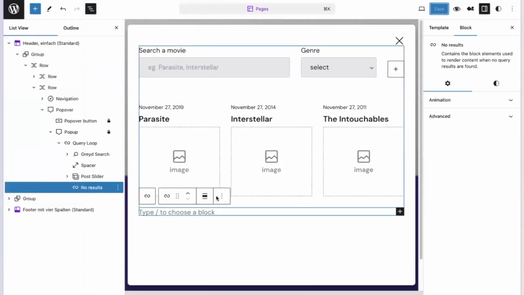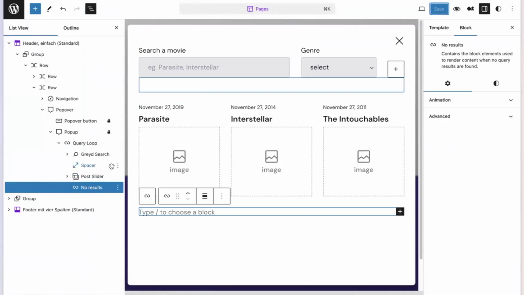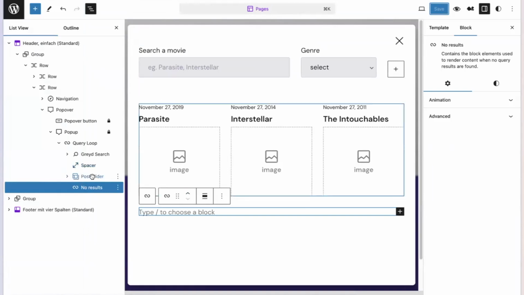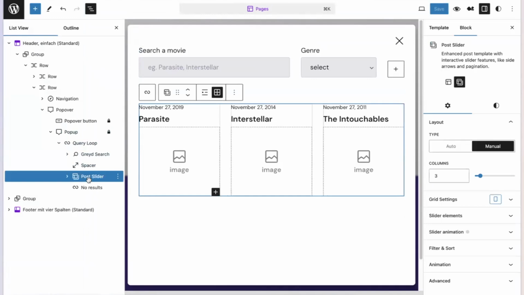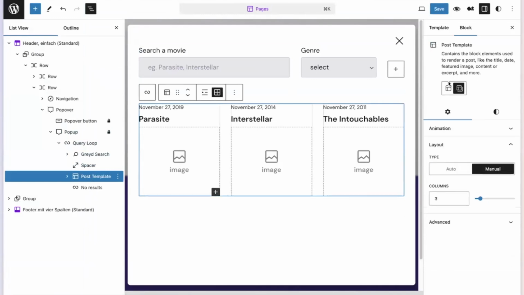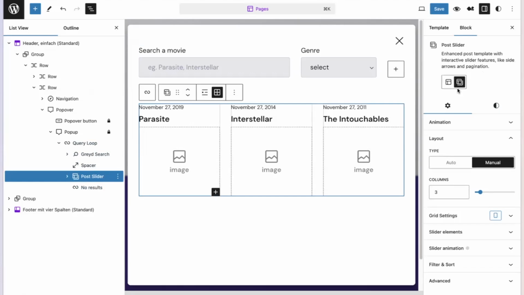So by this, I showcased one of the examples why we did all this refactoring, and I want to dig deeper into this because this is what is going on under the hood as well, and one of the reasons we did this. I mentioned that this is a post slider block, and it's not necessarily a post template block. By default, if you include a query loop, this was always a post template block. Before the update, this was always called post template, no matter how you inserted it. And it gave you all the capabilities that Gradle enabled you to use.